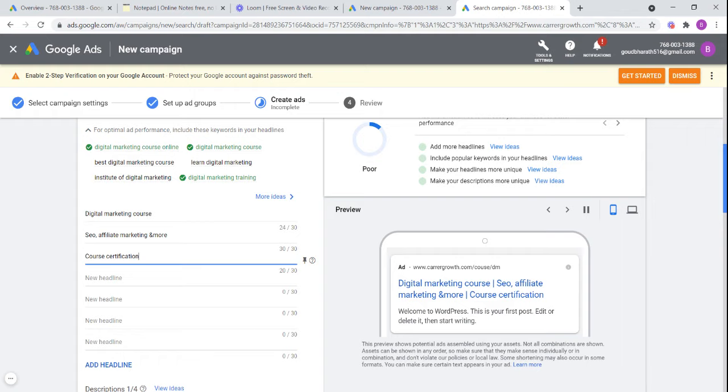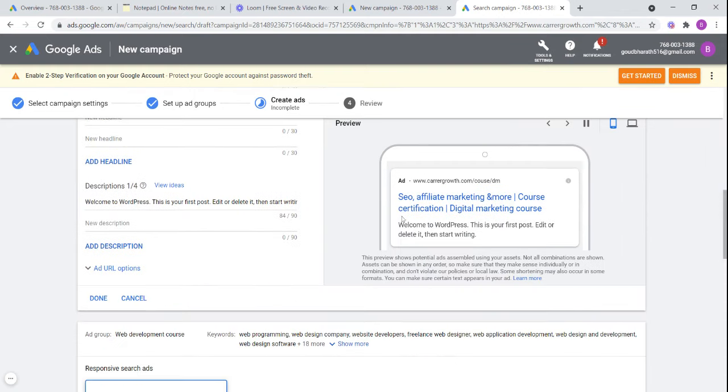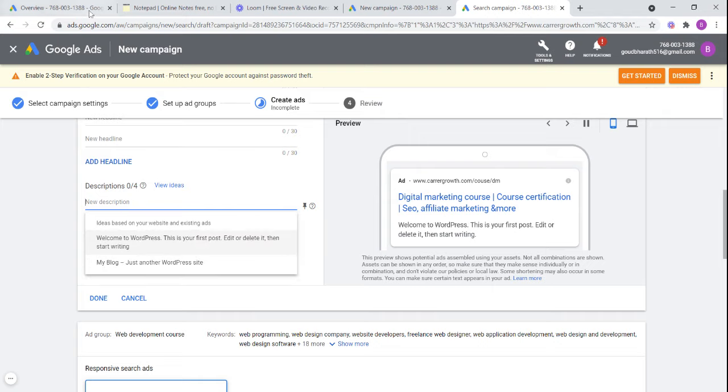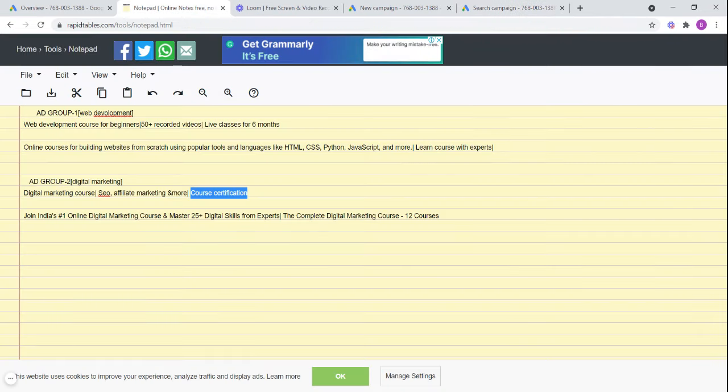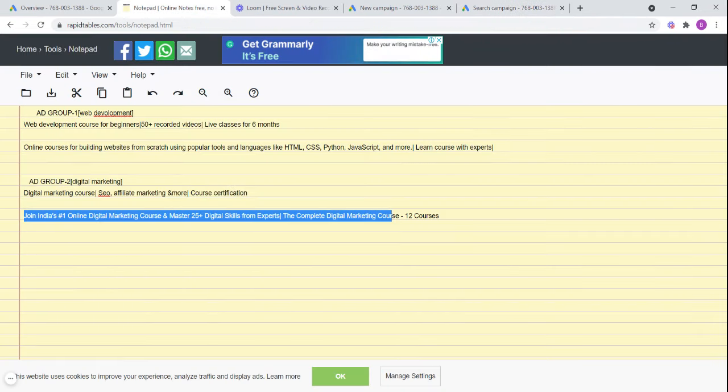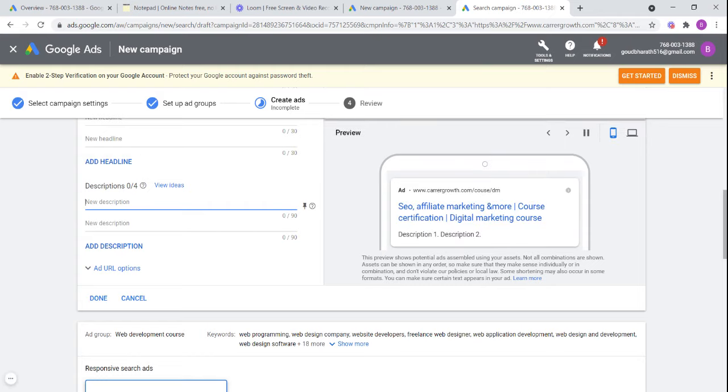Now let's add description also. Remove all the default description and add it by your own. To save your time, I've already written it. Copy and paste it over here.